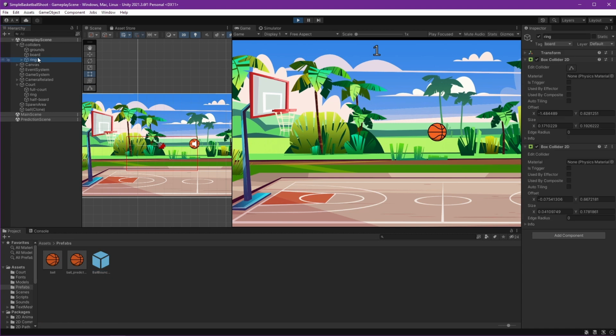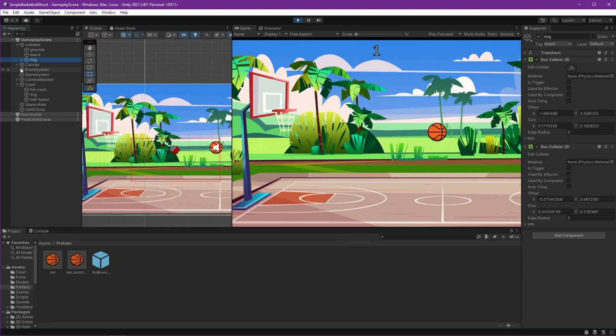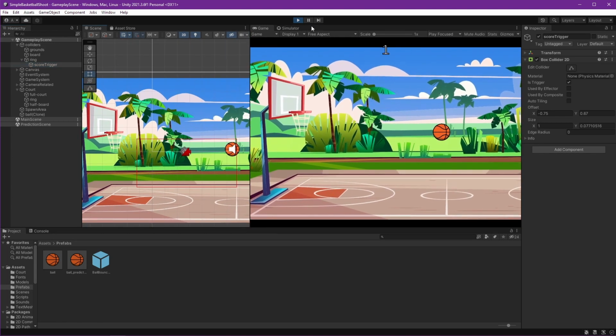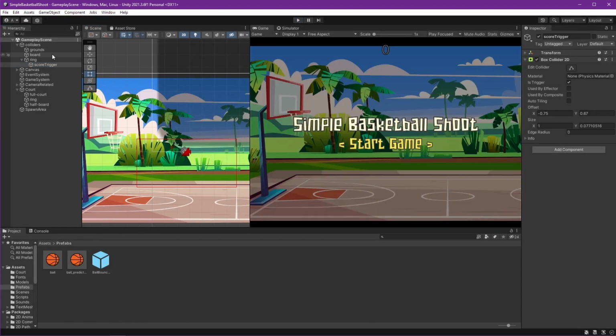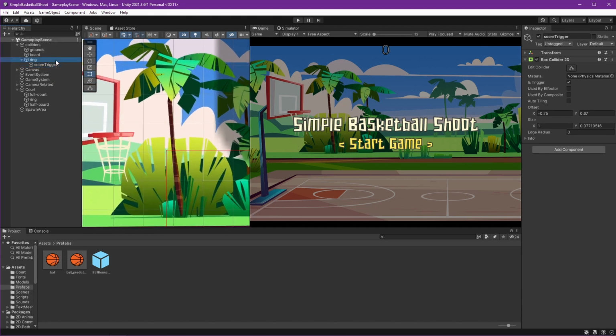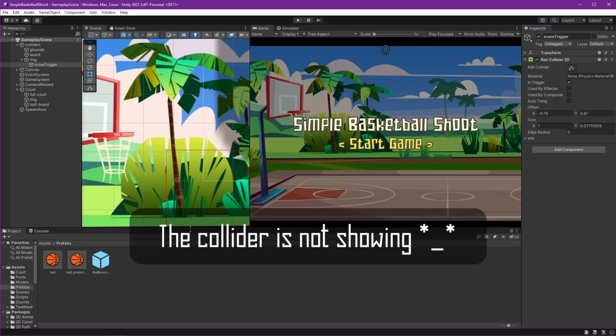Our Swiss is on the ring collision, I think. Let's see. Score trigger and box collider. Let's stop it for now. Yeah. So when we pass this ring, where is it?